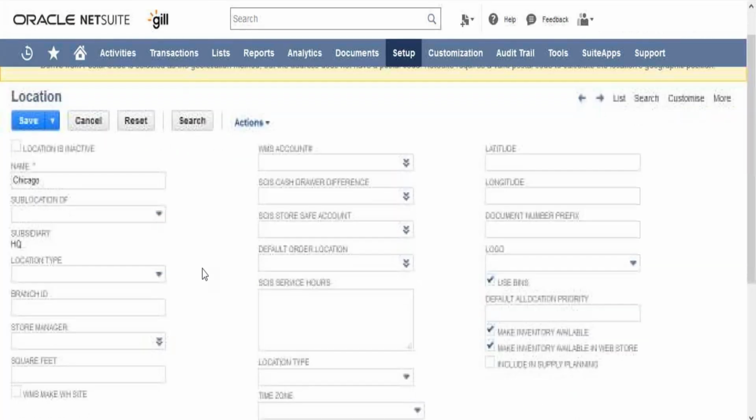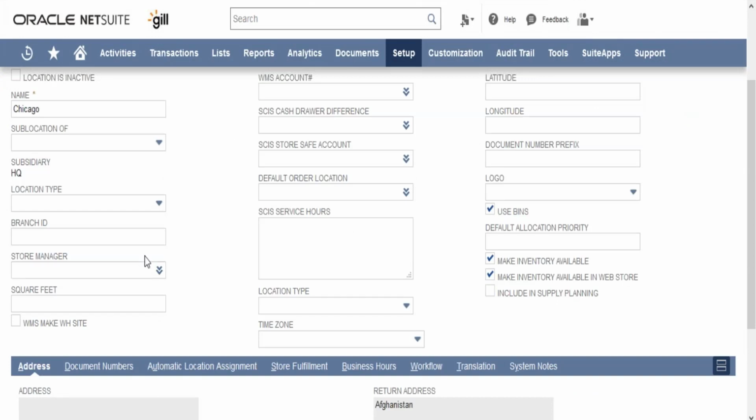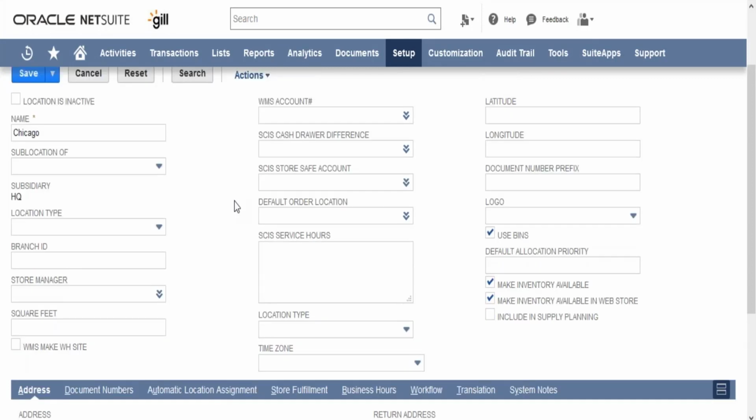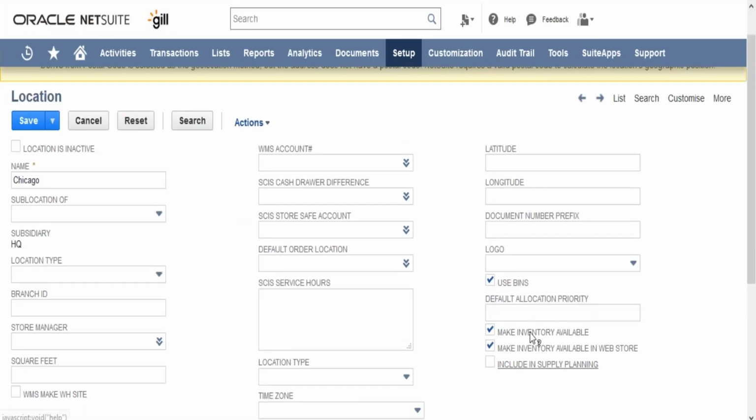Okay. In case you want to give it a branch ID or a store manager, there are some custom fields that have been created. In case you want to, you can give that. The most important thing here would be whether you want to make the inventory available for this particular location, or are you going to maintain inventory at that particular location. Then you can check this checkbox.